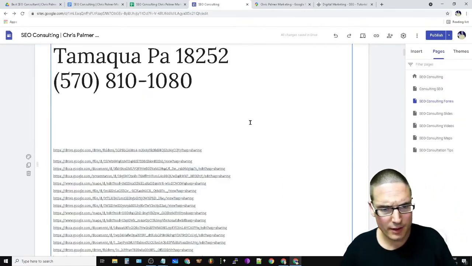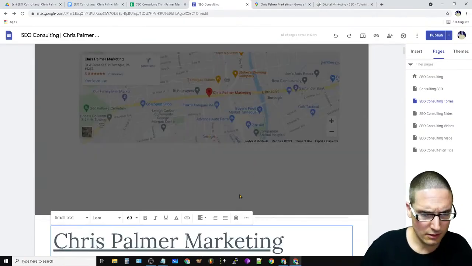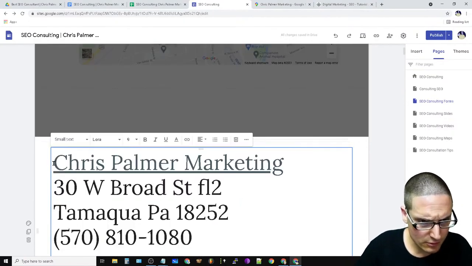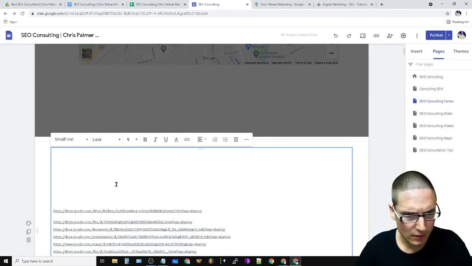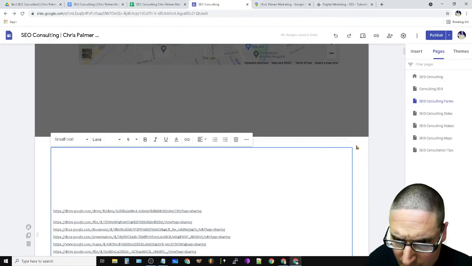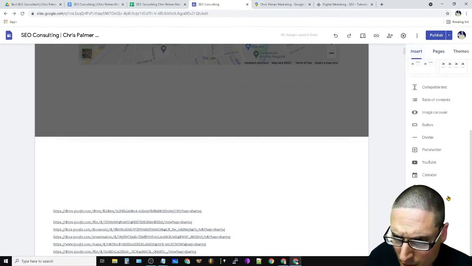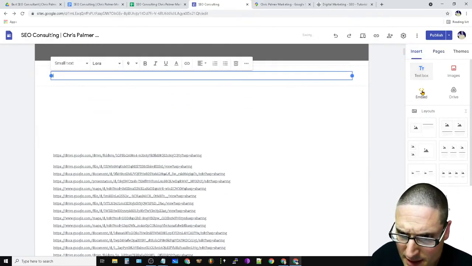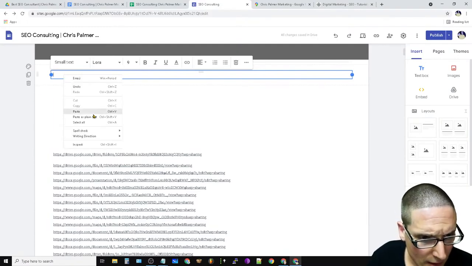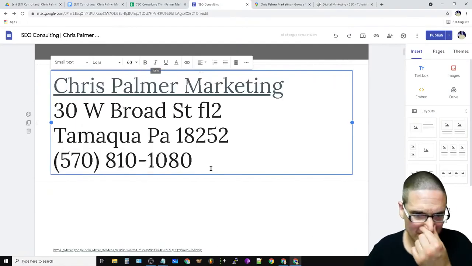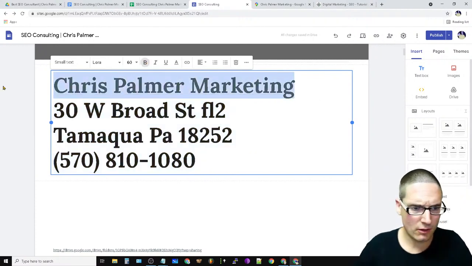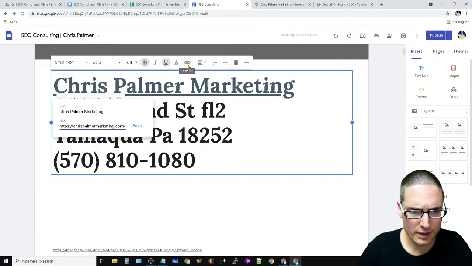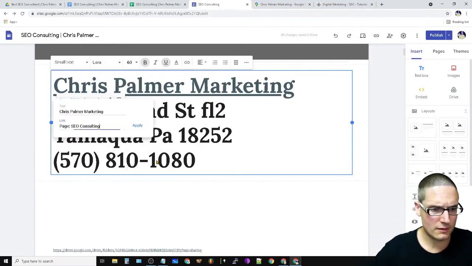Okay, there's the separator. So this I actually want to keep separate. So let's cut this off. Okay, and that's perfectly fine. So we have the insert, and what I want is to add text right here. And then paste that in, perfect. And then here, let's bold this up. And then this is going to the home page, right? So this one, we want it to go back to the home page, okay?